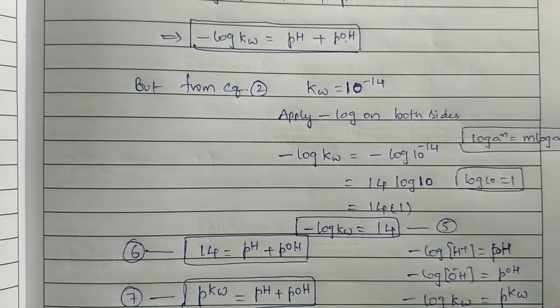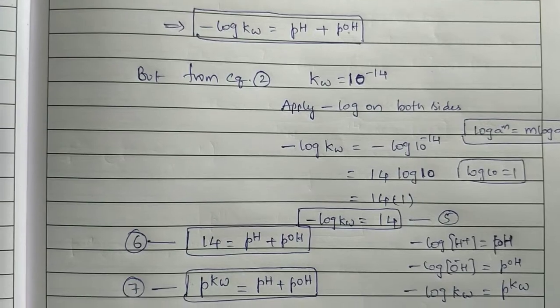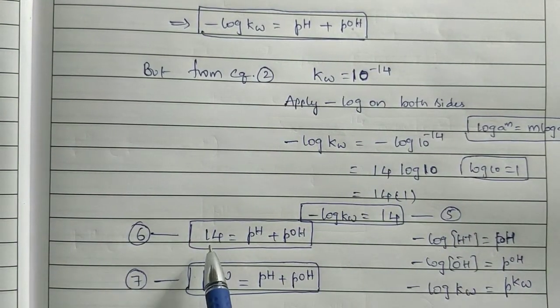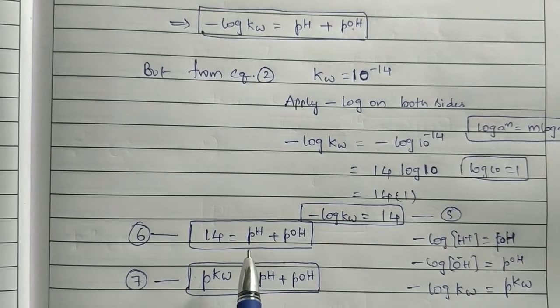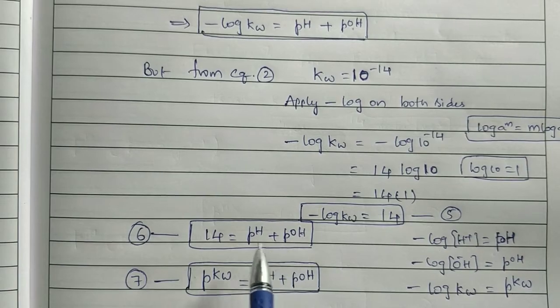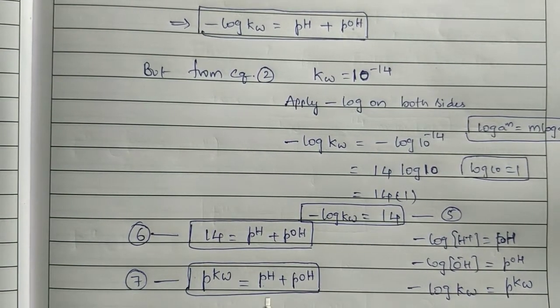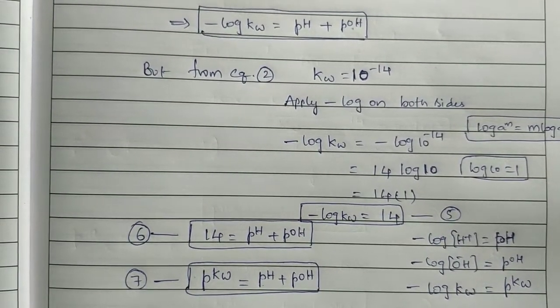These are the important formulae till now we got regarding pH and pOH. Minus log Kw is equal to 14 and minus log Kw is equal to pKw. So we can write it as pH plus pOH is equal to 14 or pH plus pOH is equal to pKw. Okay, keep it in a box carefully. And this is about the important formula related to pH and pKw.